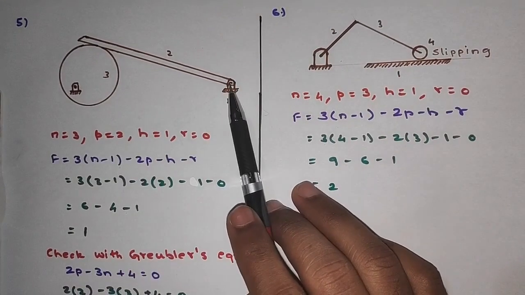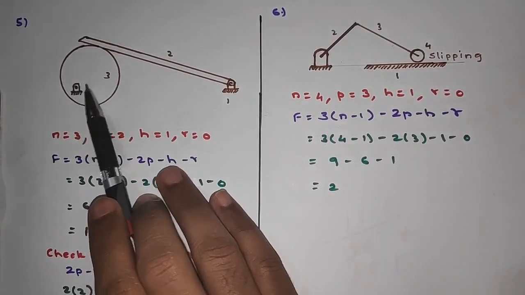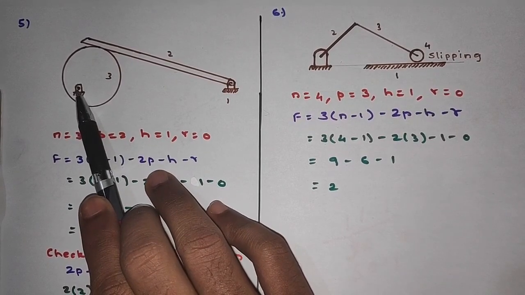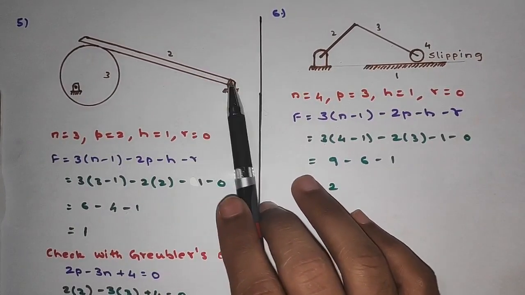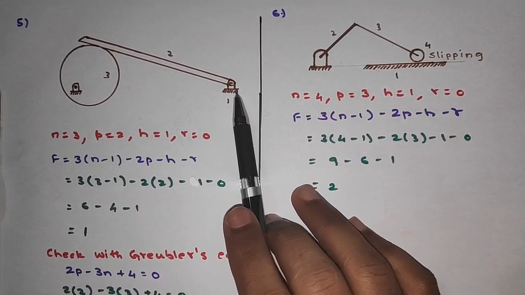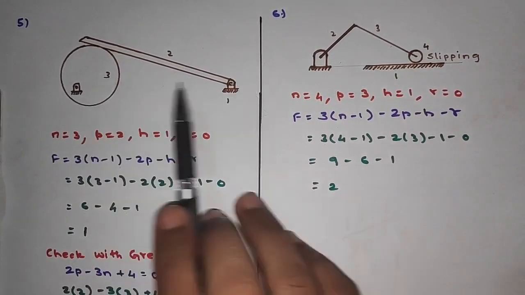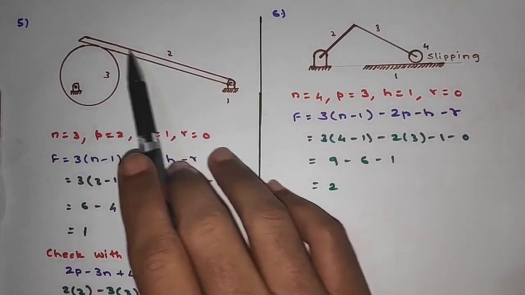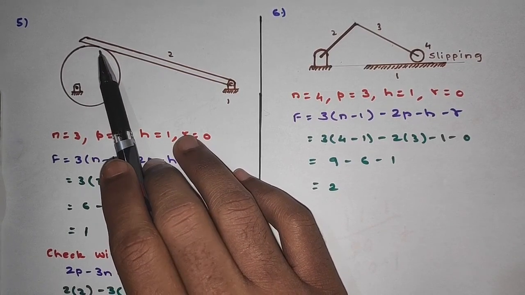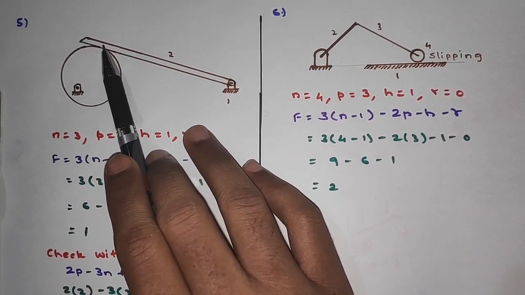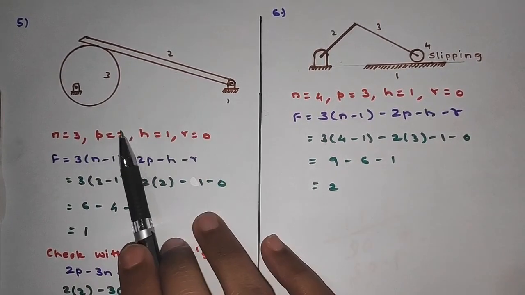So now we have 3 links. This is link number 1, this is link number 2 and the disc is link number 3. The disc is joined at link number 1. So this is one kinematic pair. Then we have the rod or shaft connected to this pivot. So this is the second kinematic pair, and both of these are lower pairs because there is a surface contact. But when this comes into contact with the circular plate, either there is a point contact or a line contact. So there is one higher pair formed at this location. So we take H as 1. So P will be equal to 2. So this is 1 and this is second.